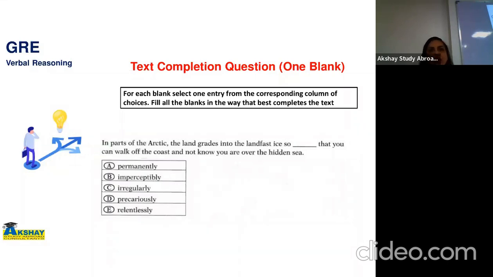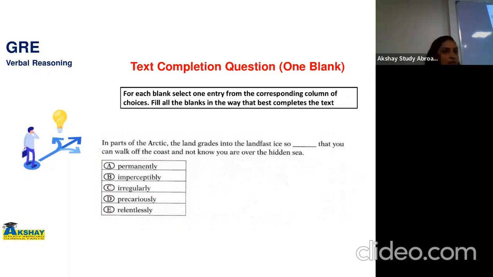Just for your information, you always get an instruction, because you can check the instruction in the box. The instruction is "select one entry." That means this is a TC one-blank question. They always come in groups, so you need not worry about whether you have to attempt 2 options or 1 option. Understood? So when it comes to SC, you check the options first to decide about pairs. But here there is no point in going through the options, because you are supposed to choose only 1 option, so you need to go through the sentence first.